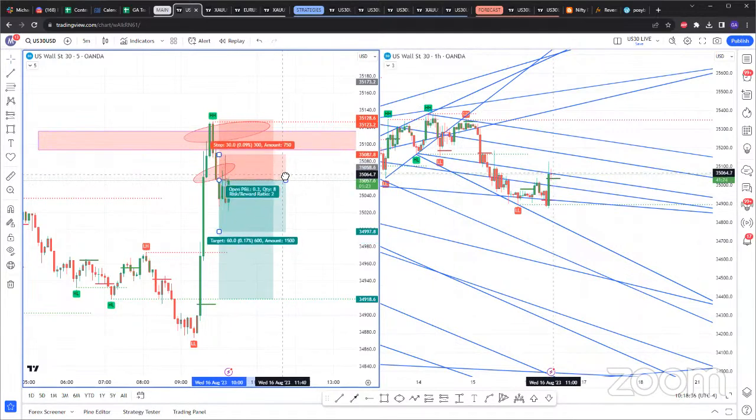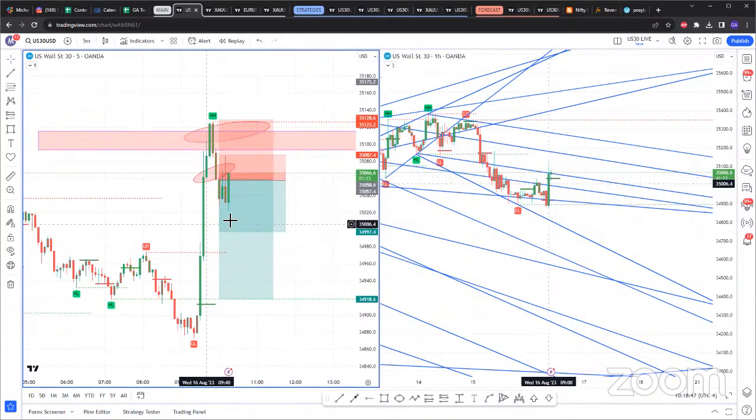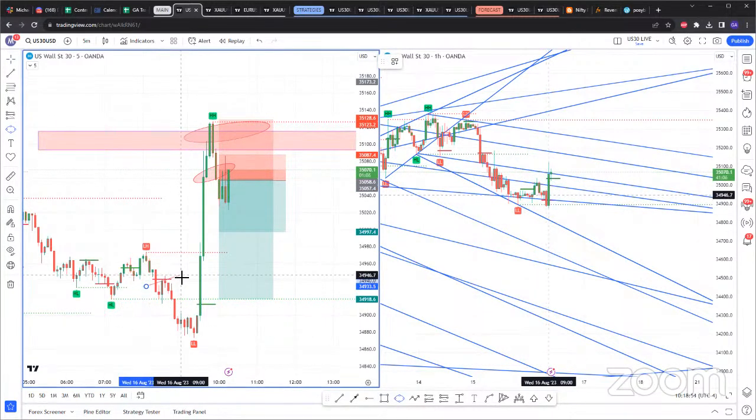So my stop loss is right here. That's how close I got to being stopped out. My stop loss is right here on the 5-minute trade, and that's where I entered. So I just survived this trade by a whisker. But anyway, for the 5-minute, this is exactly what I'm looking for right here.